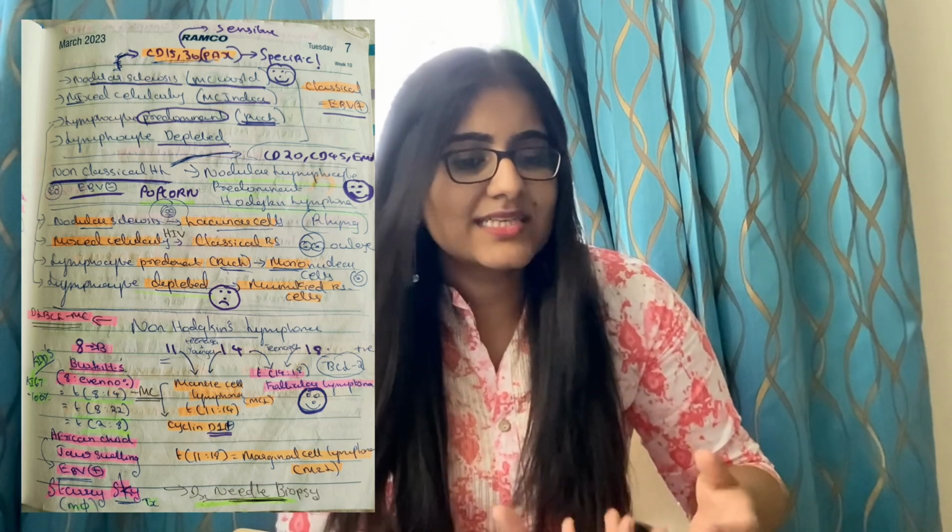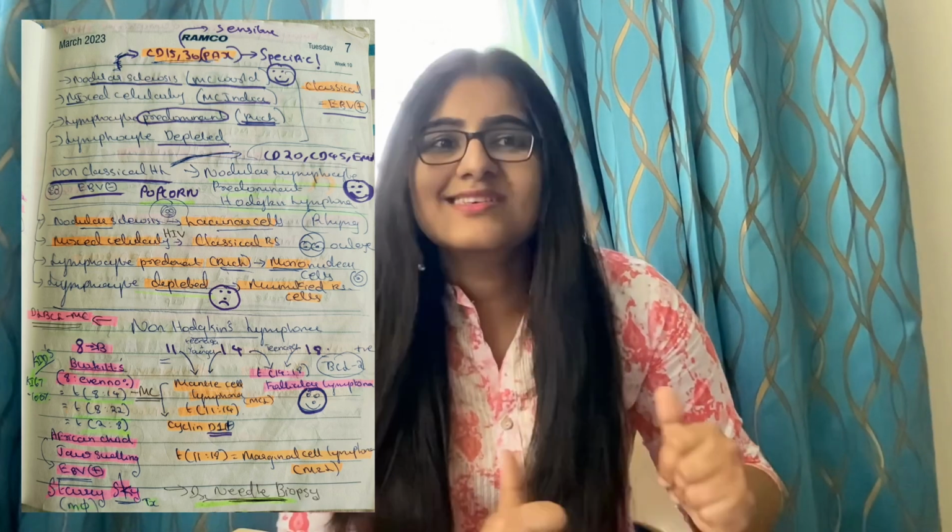And now Hodgkin's lymphoma. When we are talking about Hodgkin's lymphoma, you should remember there is a classical variety and also a non-classical variety. Non-classical variety means Epstein-Barr virus is negative, and classical variety means Epstein-Barr virus is positive. Now I will tell you, the non-classical variety of Hodgkin's lymphoma has the best prognosis. You can remember it with this: the non-classical variety shows popcorn cells. Popcorn is always good, right? So popcorn, good prognosis, okay.